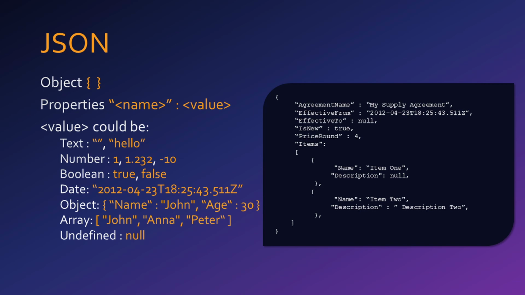For example, if you're representing a user, then possible names could include the user's first name, surname, or age. The value of the property could be any of the following data types: text, numbers, boolean, date, an object, an array, or undefined, which we call null. Text and date values should always be wrapped in inverted commas. All of the difficulty in JSON is understanding these data types, so I'll spend a minute or two explaining them